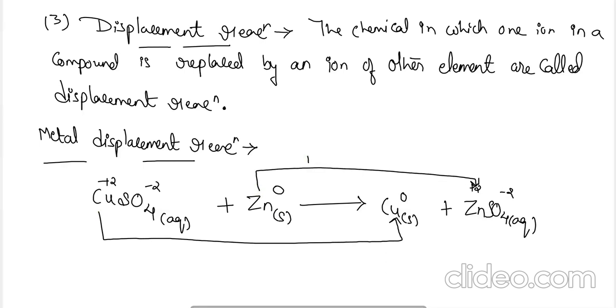So we can say that zinc has been oxidized while copper has been reduced. This is the metal displacement reaction, where we have seen the oxidation and reduction of copper and zinc, and copper has been displaced by zinc in its salt compound. Next is the